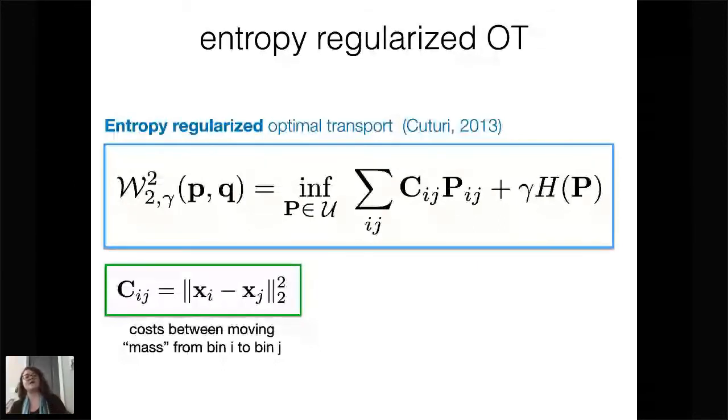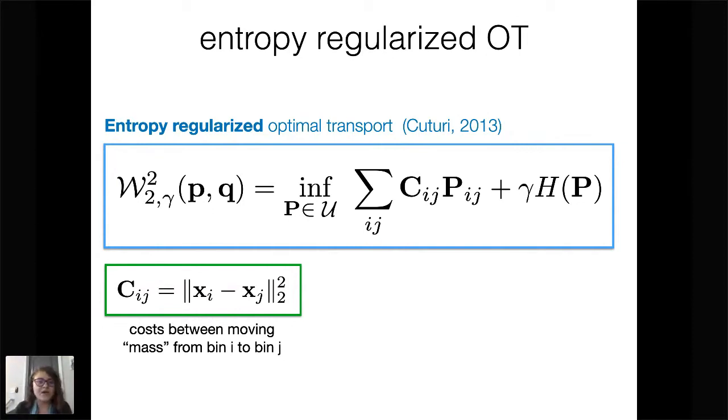So what you see is that it feels very complicated, because now all of a sudden, to even measure the distance between these 2 distributions, I actually have to solve an optimization program. But as you'll see, when you use this entropically regularized version, the updates are actually quite simple, and so this can be computed efficiently. So I'll just step through what it is, because I think there's some nice